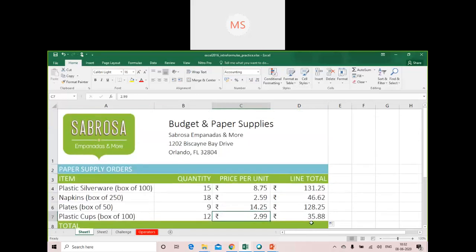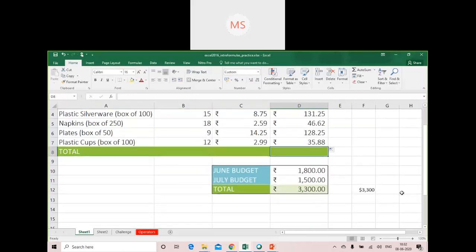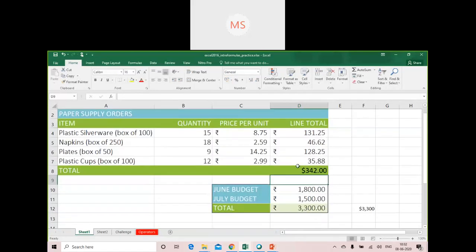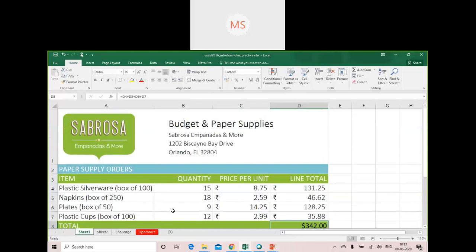Okay, now you have to perform the total. To get the total of the entire bill, you can use this formula plus this plus this plus this, and then you can enter. So this is what the total becomes. Okay, is it clear to all of you? Now that doesn't matter, it is a standard bill.